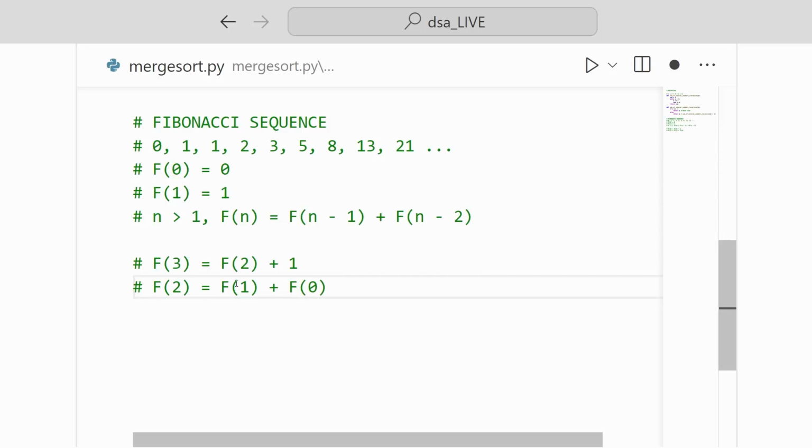Now we can see we have hit our true base case here, because both of these are already defined. So we know that this is going to be 1, and we know that this is going to be 0. So we can reduce this down to 1. We can see now that this f of 2 up here is also equal to 1. So then we know that f of 3 equals 1 plus 1, or 2, which is the correct value here